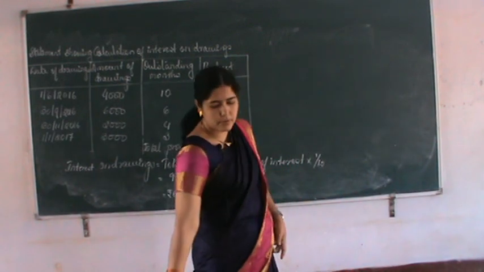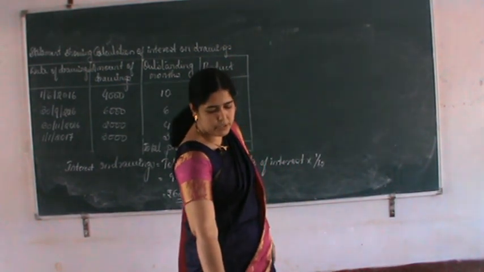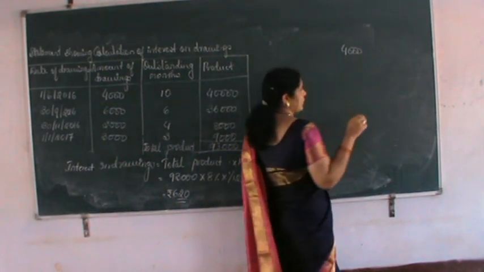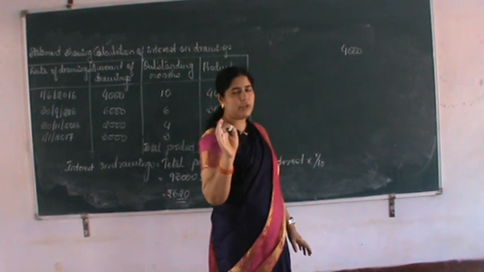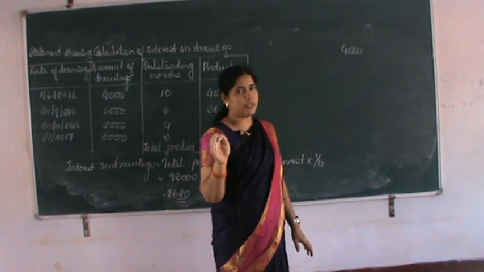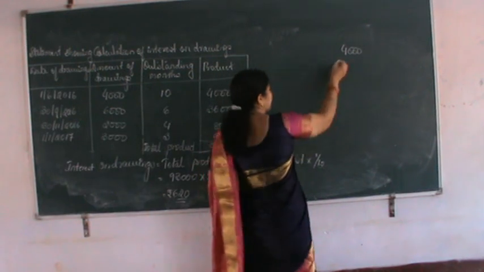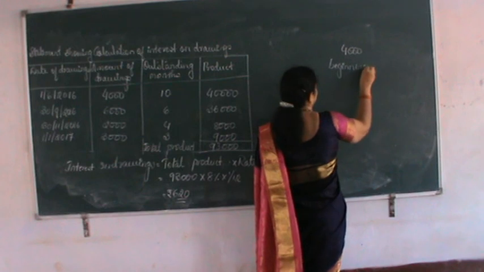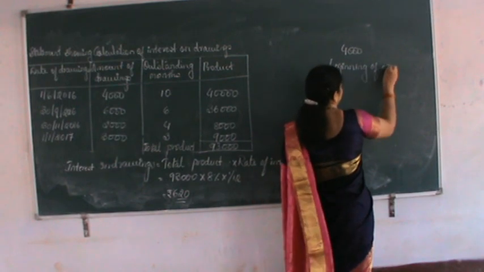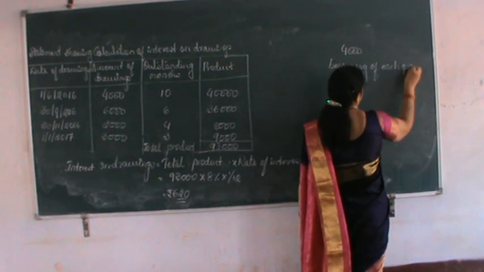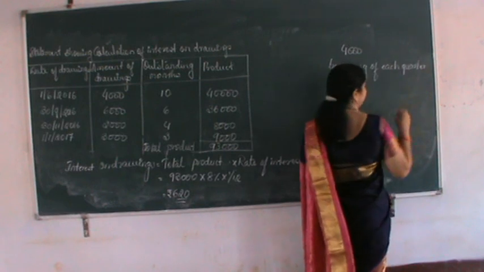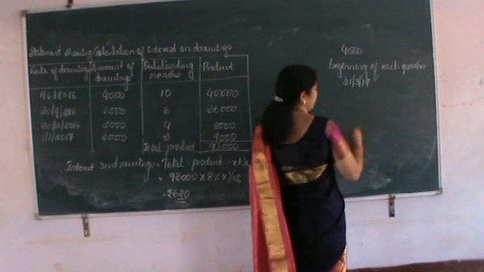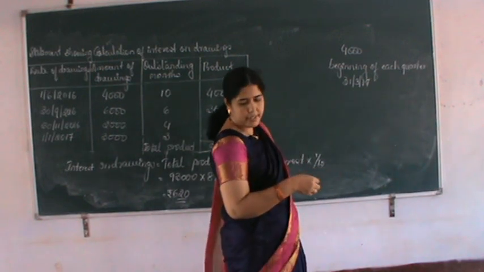So, we are given that the drawing of Murthy is 4,000. He is taking the drawings in the beginning of every quarter. The end of the accounting year is 31st March 2017, and the rate of interest we are